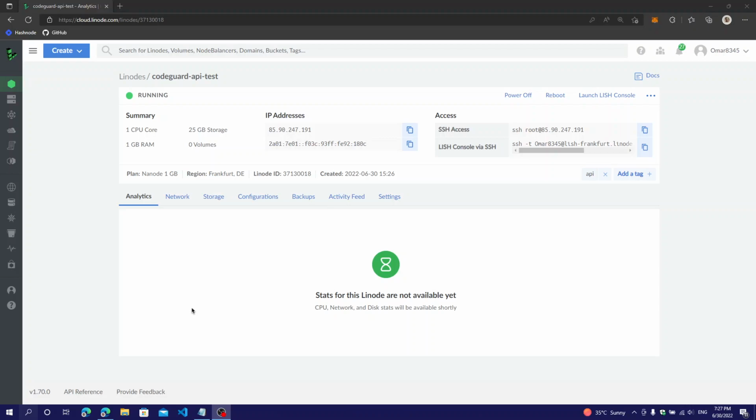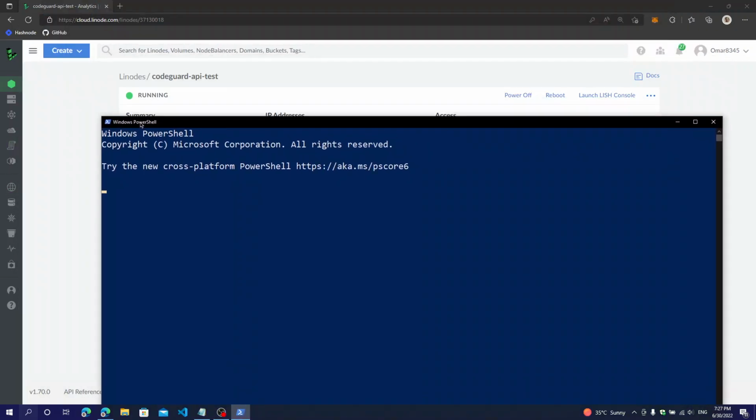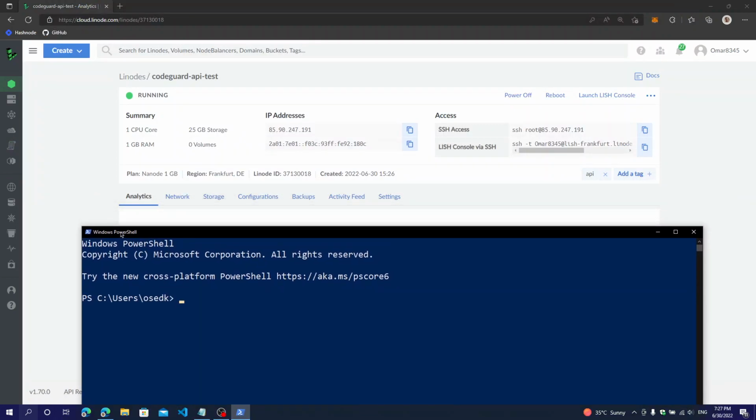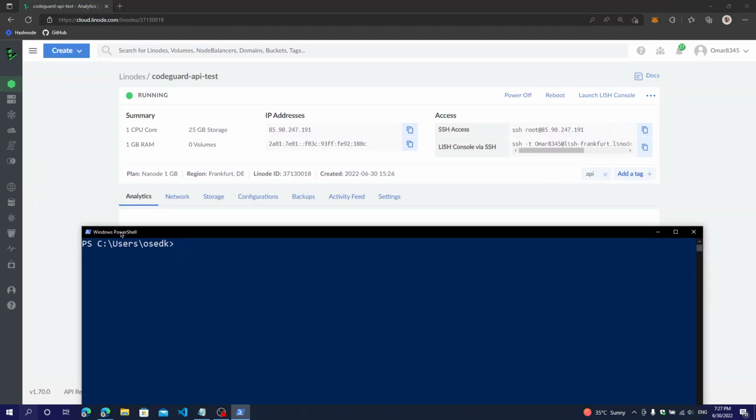Just open your PowerShell window, like this here, and clear. I'm going to tell you the command we'll be using to SSH into the server.